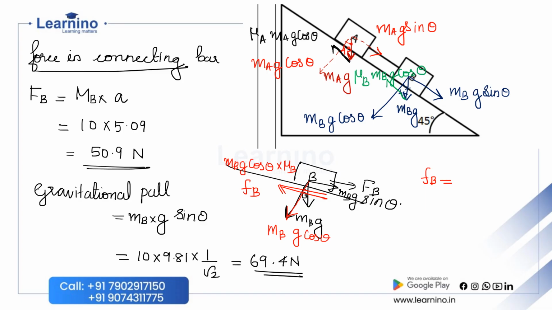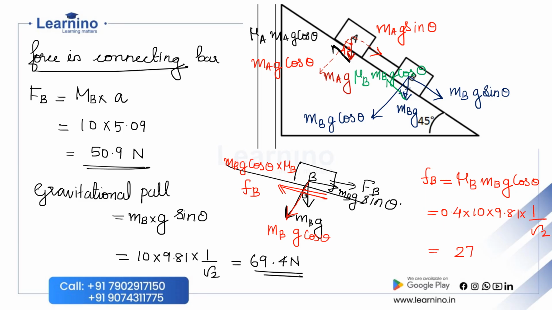So Fb is equal to mu b mb g cos theta. Mu b is 0.4, mb is 10, g is 9.81, cos theta is 1 by root 2. If you multiply this, you will get the frictional force, which is in the opposite direction, that is